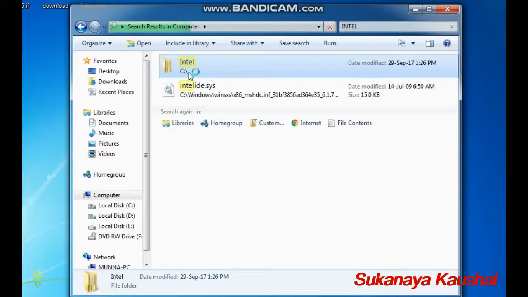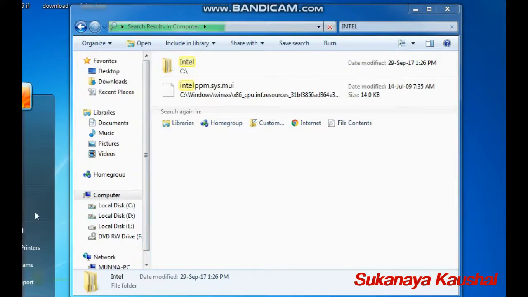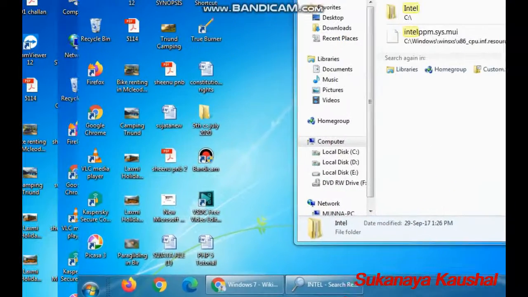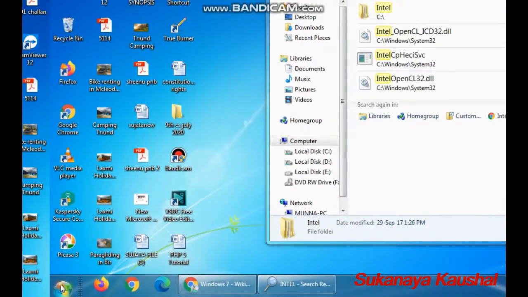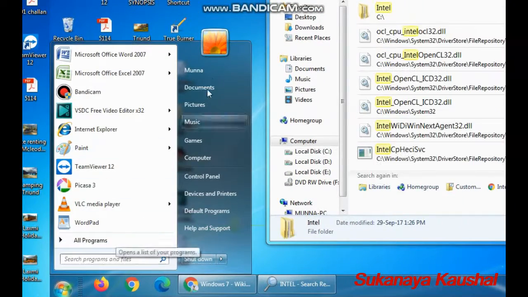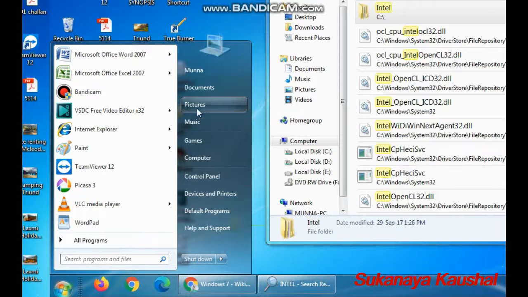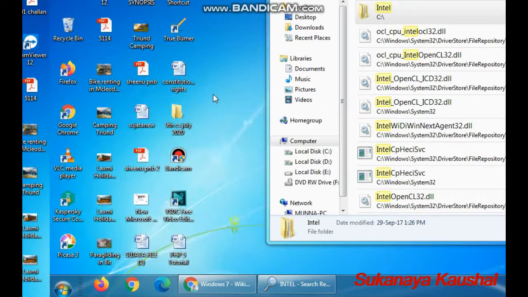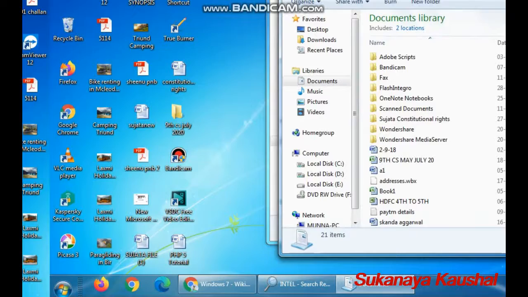Another thing in Windows is the Control Panel. Here I am pressing the start menu first, and you can directly go to documents.